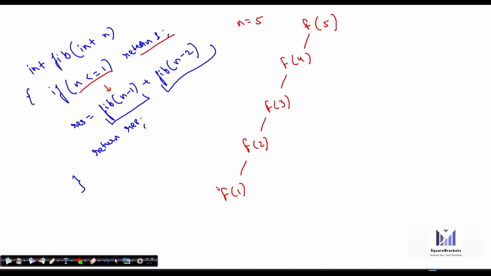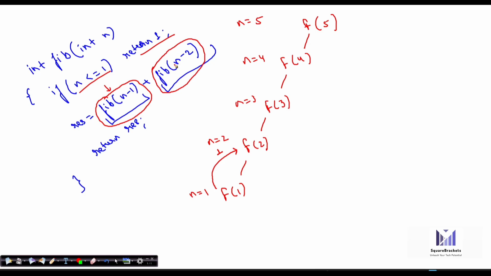So now it will return 1 back to this call and n will become 2 here. So here n is equal to 5, here n is equal to 4, n is equal to 3, n is equal to 2, and n is equal to 1. Once n becomes 1, it returns 1. So 1 is returned back to f2, and the call of this particular function is completed. You can assume these calls were going in one stack. Now once these calls are completed, the chance of this one will come.